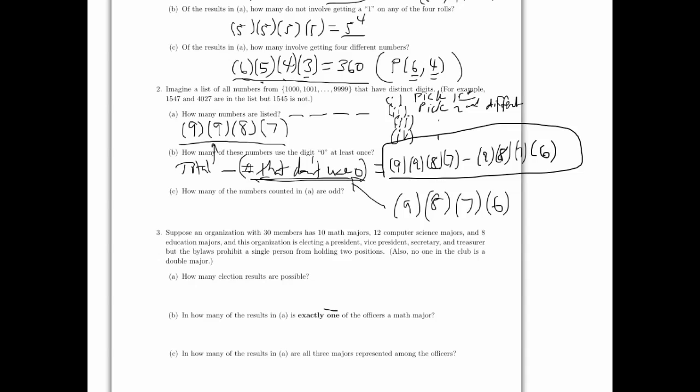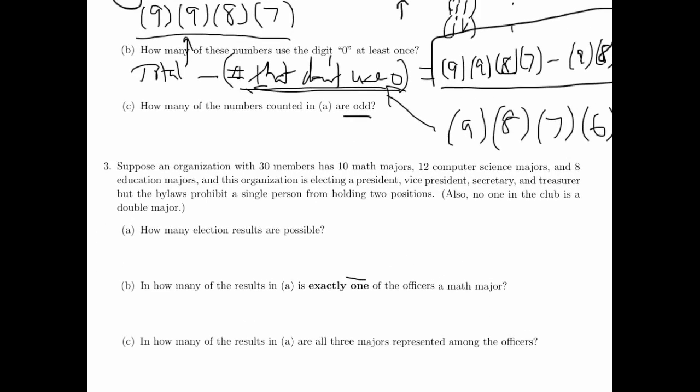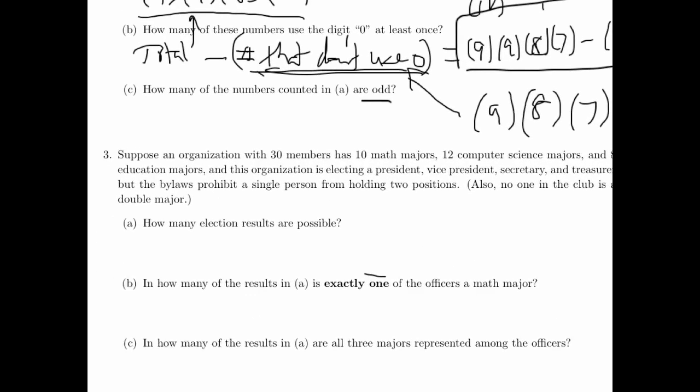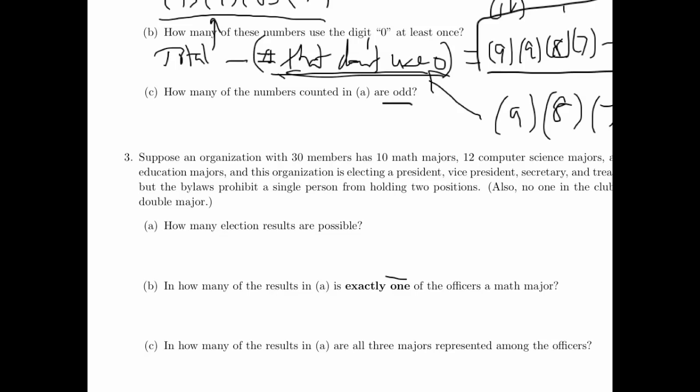And then finally, how many of the numbers counted in part A are odd? So we're ignoring B now. We're going back to part A. To be odd is a restriction on the fourth blank. And so that means that, remember we said we wanted to organize our steps from the most restricted case to the least restricted case. So if you tell me that the number has to be odd,